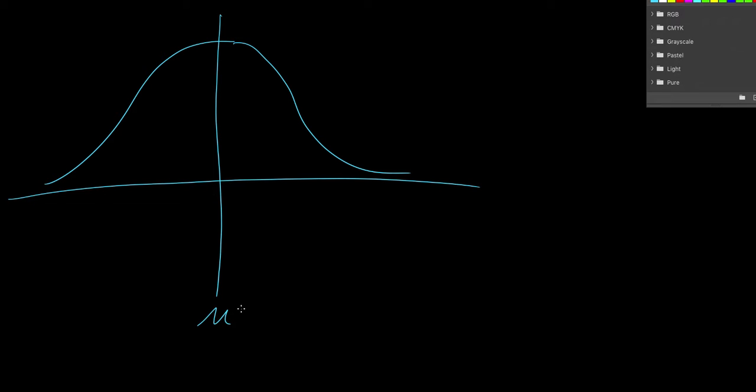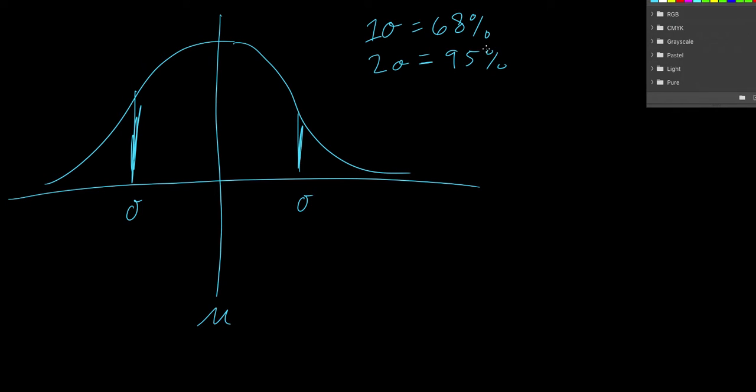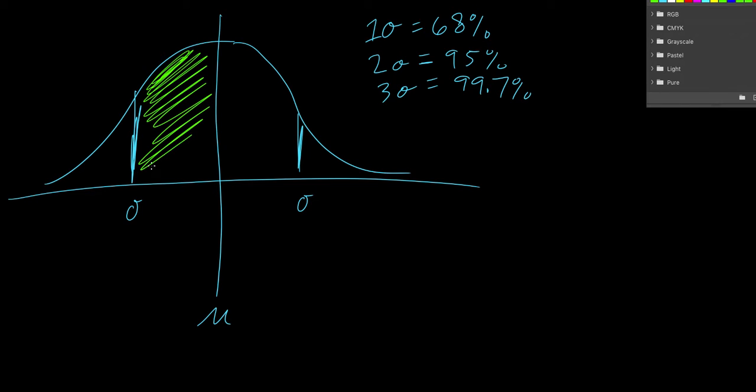Okay, once again, we're centered at mu. And then if we go one standard deviation in each direction, 1 sigma is going to give us about 68% of our data. 2 sigma is going to give us 95%. And 3 sigma gives us almost everything. It's 99.7%. So what that means is if I just shade in this region right here,